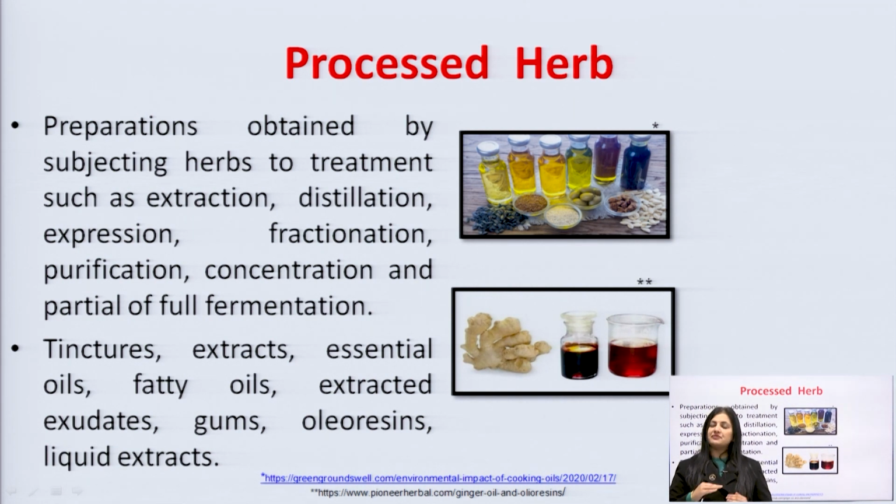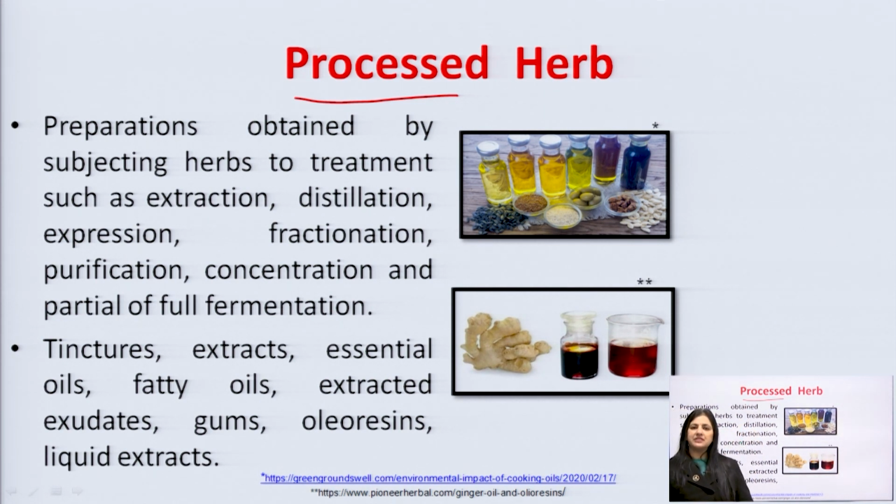Now, after originating or collecting the plant part which is crude, we have to process it so that it becomes usable. It becomes in the form which is consumer friendly. So that is what is called processed herb. You are giving some processing to it. It has to pass through processes. Fine. So let us study what it means.